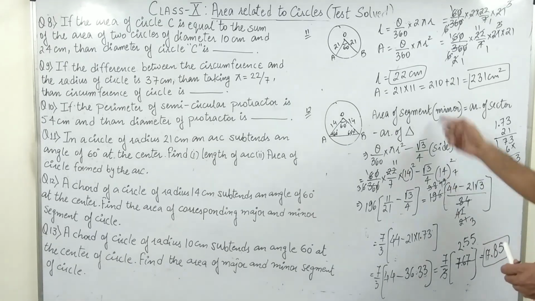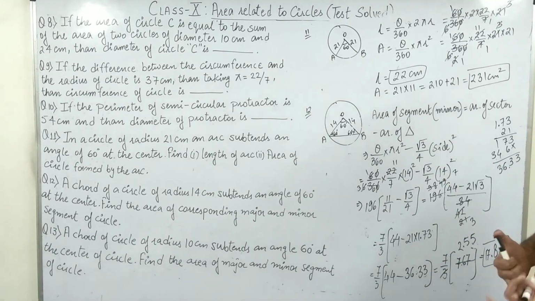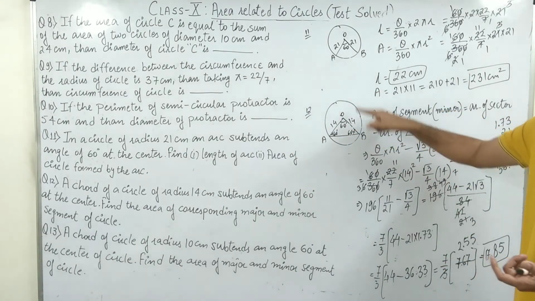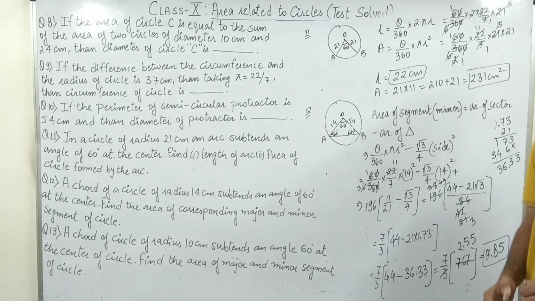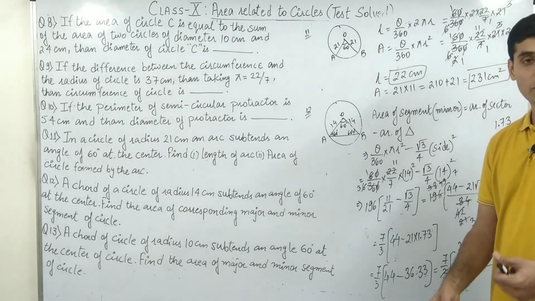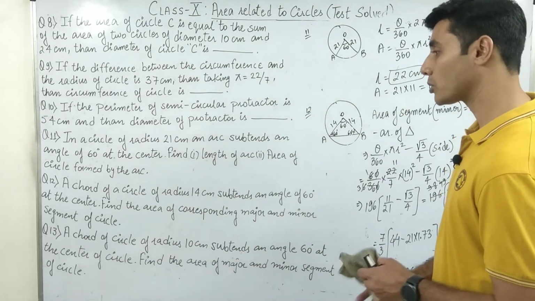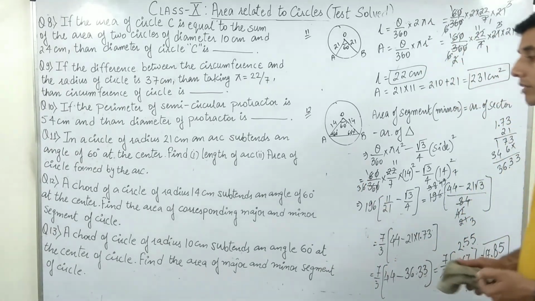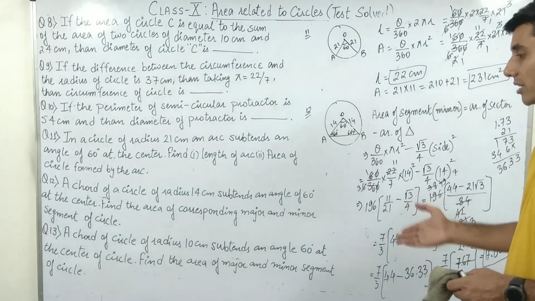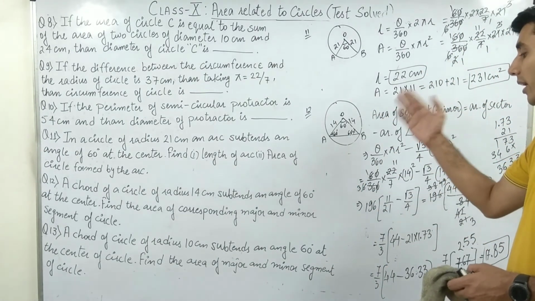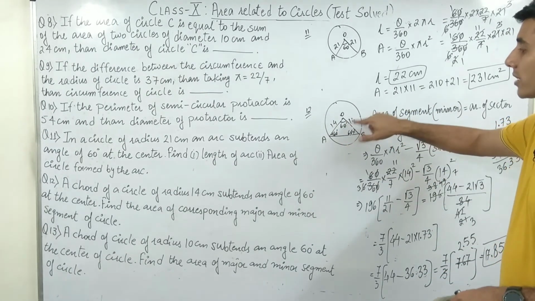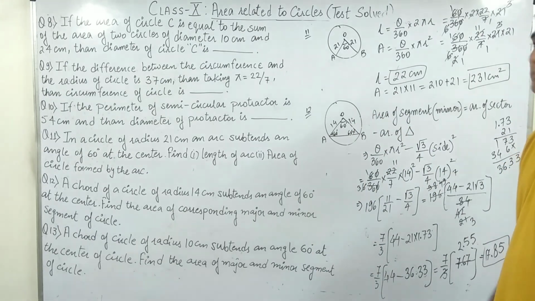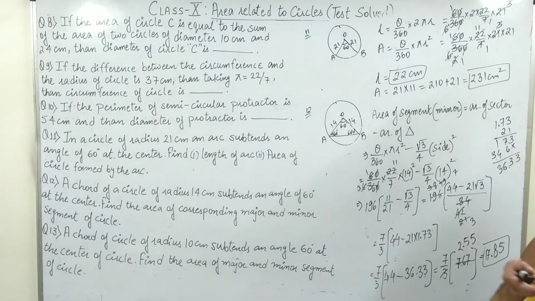Now that's the minor segment. Now how will you find the major segment, the remaining part? Area of the circle minus area of the minor segment. So pi r square minus this value and you will get the answer. Okay, let's move ahead. Question number 12 is done. Question number 13: a chord of the circle of radius obtains an angle 60 degrees at the center of the circle. Guys, it's the same part. Instead of 14 take 10, take 60 here, and that's all. It's done and solved, guys.